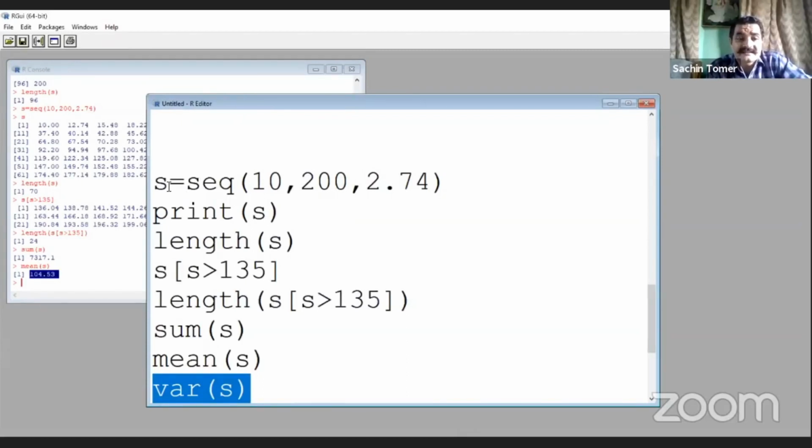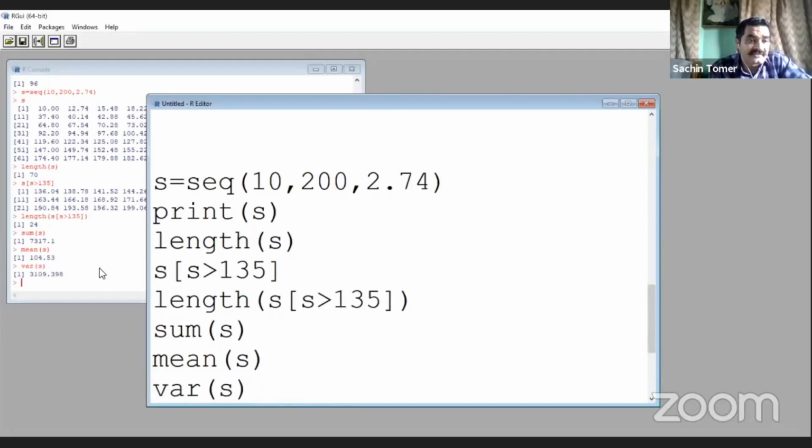S is a sequence in which 70 observations are stored, and these 70 observations lie between 10 to 200, and it is a sequence generated with the interval of 2.74. So let's check the variance of S. Select the command var S and press control R.